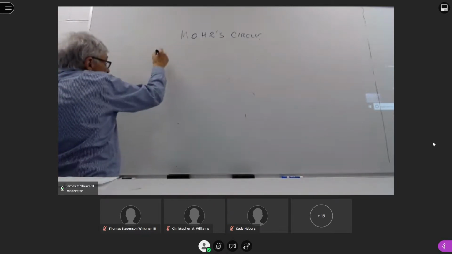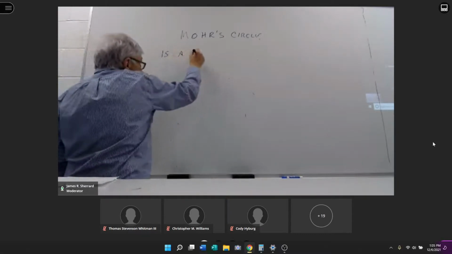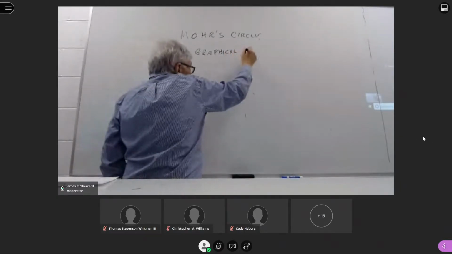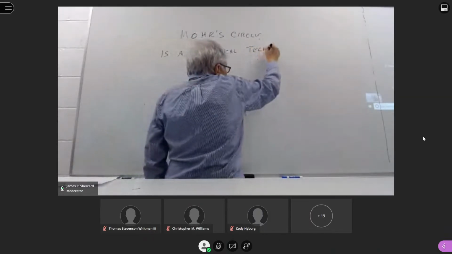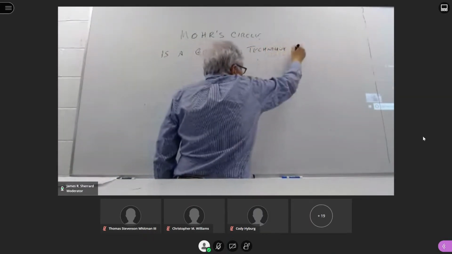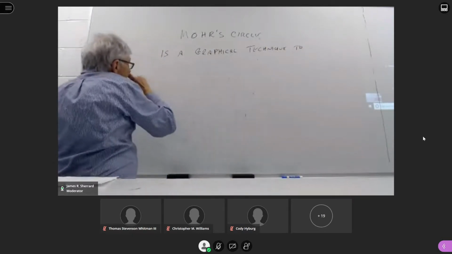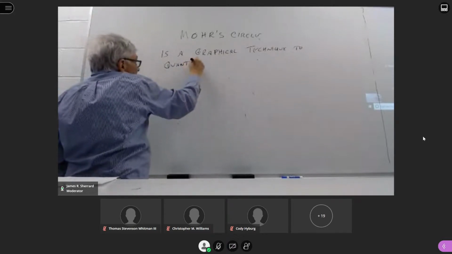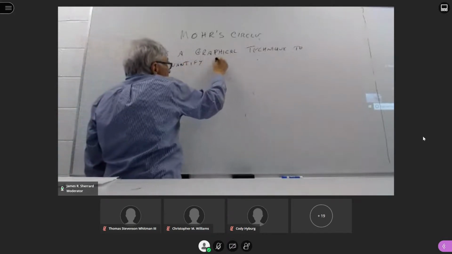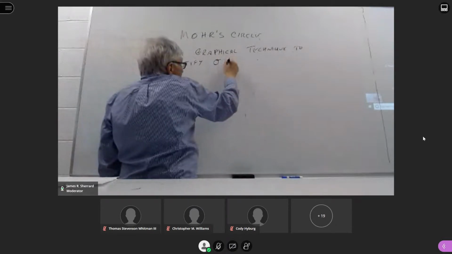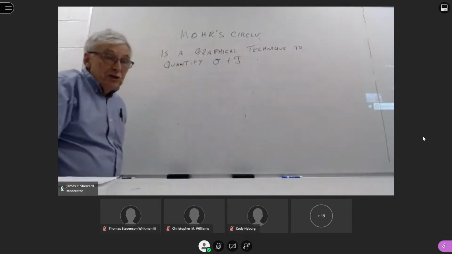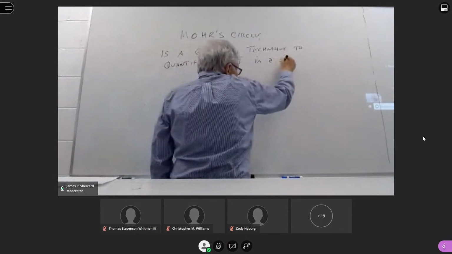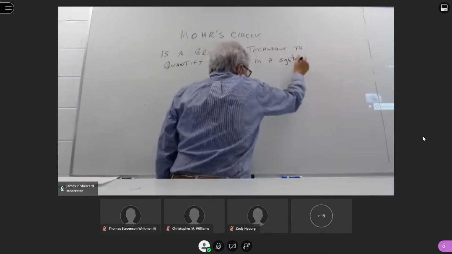So, Mohr's circle is a graphical technique to quantify plane and shear stresses in a system